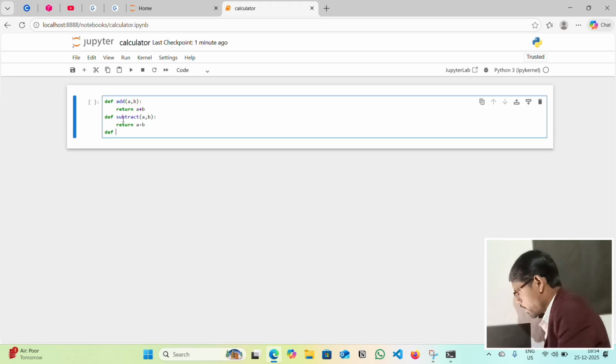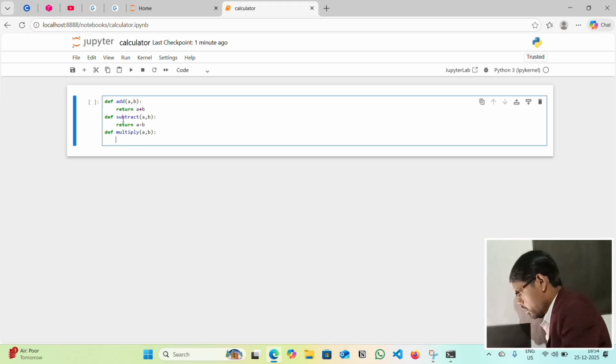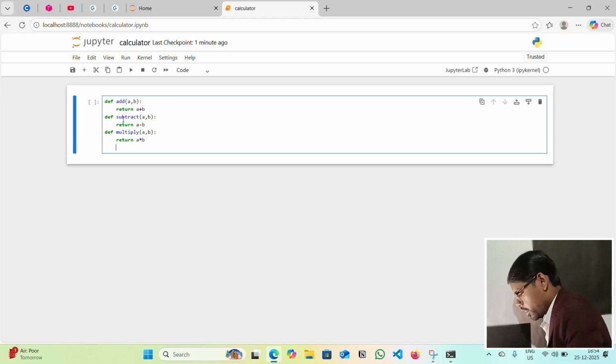The second function, def multiply. Add the parameters and return a multiplied by b.